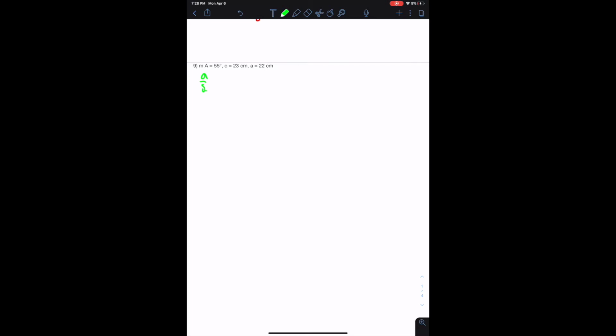So to start this off, we're going to do a over sine A equals c over sine C. So now we want to substitute the values. So it's going to be 22 over sine 55, which equals 23 over sine C. So now we want to cross multiply to begin to isolate the variable. So it'll be 22 sine C equals 23 sine 55. So we want to divide 22 on both sides to isolate sine C, which will show that sine C is equal to